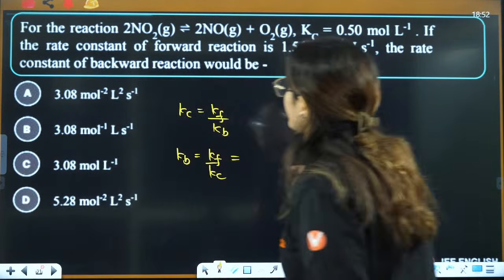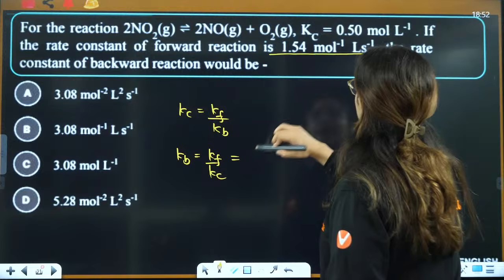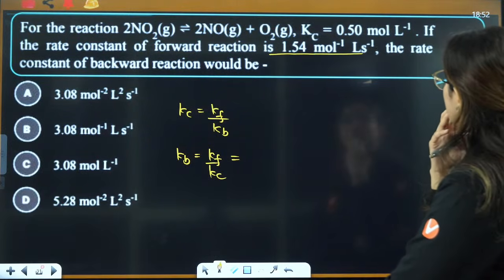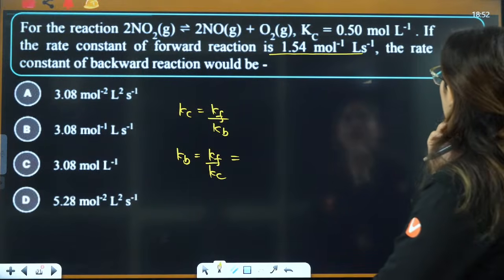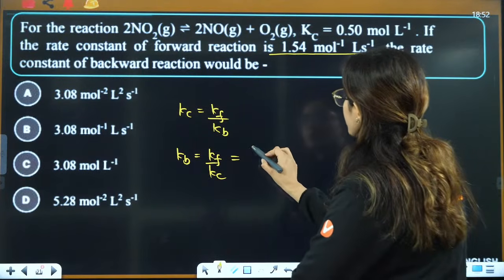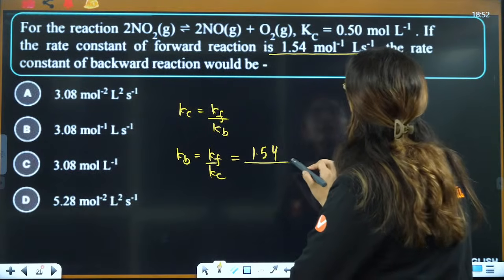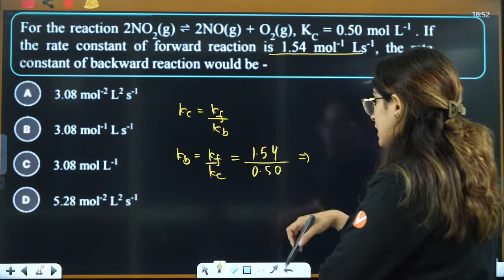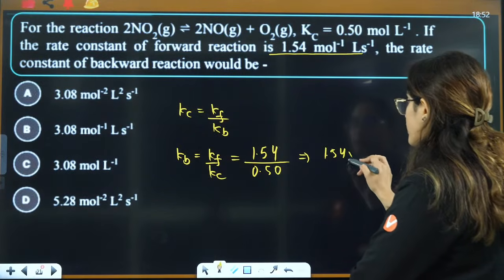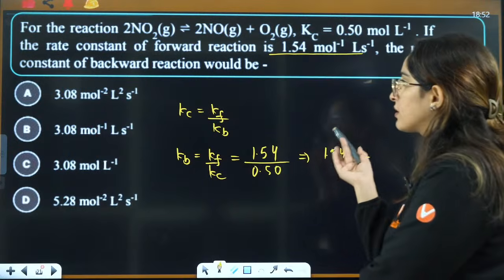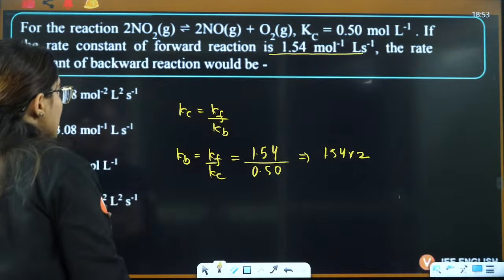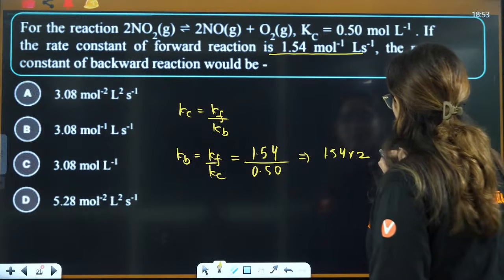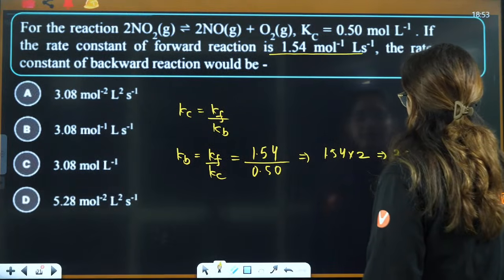What is Kf? This is the forward direction, per mole liter per second. And this is Kc. So I'll just put 1.54 divided by 0.50. That is nothing but half. So that is 1.54 multiplied by 2. That is 3.08. Right? If you put it here, ma'am, okay, this is going to be 3.08. But ma'am, what is the funny thing here? That ma'am, three values are